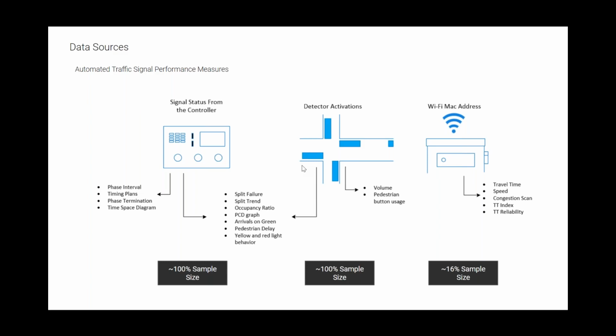The last one that I'm going to touch on a little bit is the Wi-Fi travel time probe. As many of you know, our antenna for the device does have a Wi-Fi travel time probe built into it on the top of every traffic signal. That means you can measure point-to-point travel time. We can do what we call the congestion scan. It really helps us construct where problems are in the network, simply derived from the actual travel time of the road. So where does it spike? Where does it change? Where does it slow down traditionally throughout the day? And then combine that with the other data sources, we end up with a nice range of data to review.